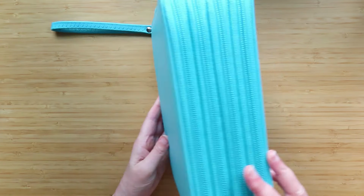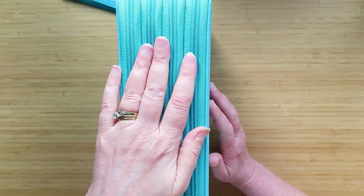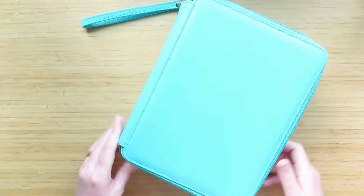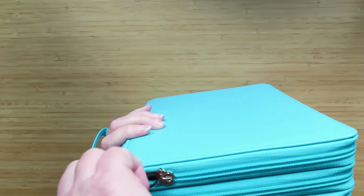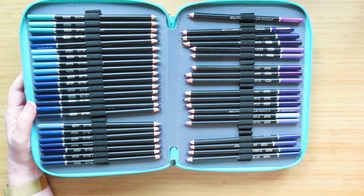Well, not really. It's just a case. It is a 180 pencil case. I think it holds 180. Yeah, I actually bought it for the square brute fooners. Not squares, they're not square, are they? The black barreled brute fooners. I am using these really a lot at the moment, and really enjoying them. Some of them are out because they're in...